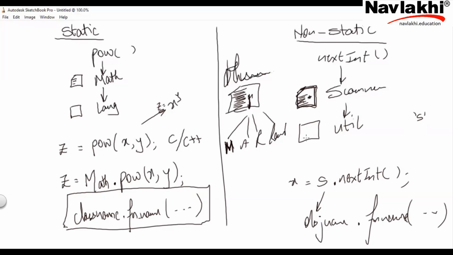Okay, but that's why there's a special function. There is a special function inside every class, which is used for creating an instance. Function, whenever I say, round brackets have to be there. So how do I create S? It's a two-step process. First, I do scanner S. Note, this does not create S. That's the first mistake you may end up doing. This creates a pointer or a reference of S of the type scanner. Matlab S will be of type scanner. वो पैदा नहीं हुआ. S is not yet instantiated. S is not yet allocated memory. S has not been created.